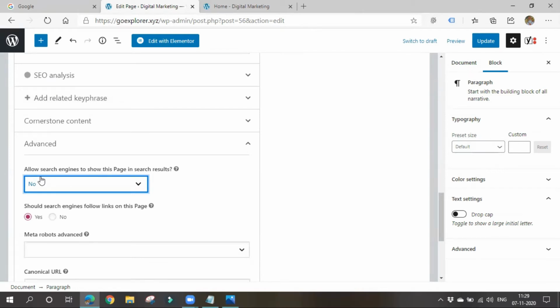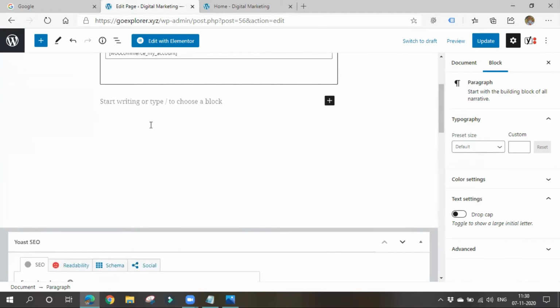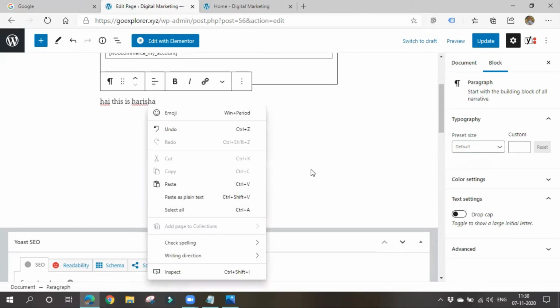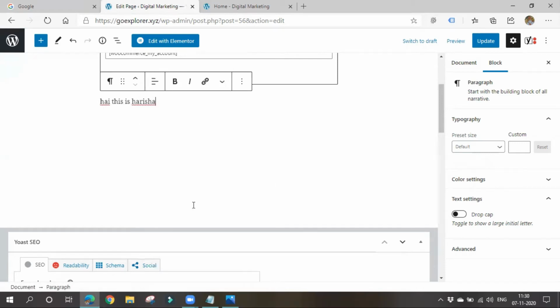If you see these other options also, let me write some content. I've told you about do follow links and no follow links. Do you remember? Yes, right. In case of a do follow link, we'll be getting a backlink and link juice. In case of a no follow link, we'll get only traffic. I also said we can give whatever link we want, either a do follow link or a no follow link. It's our wish.